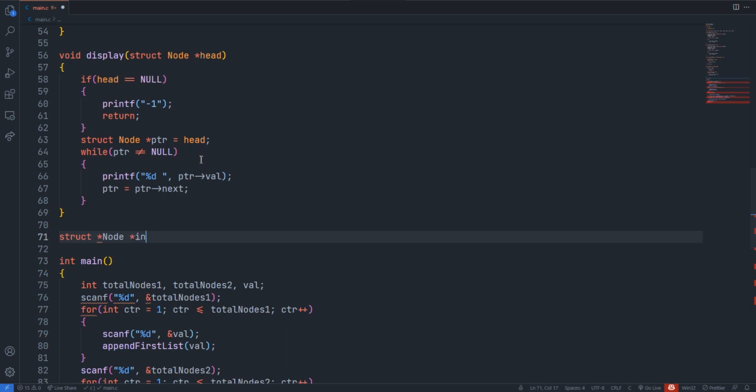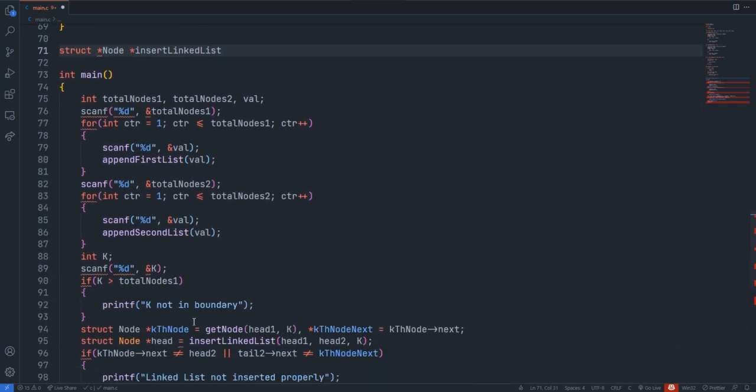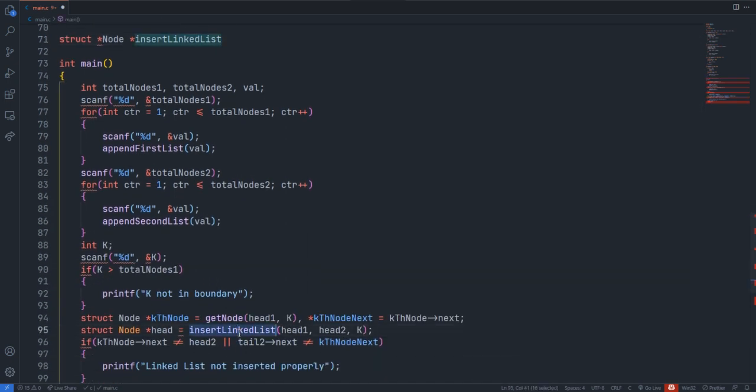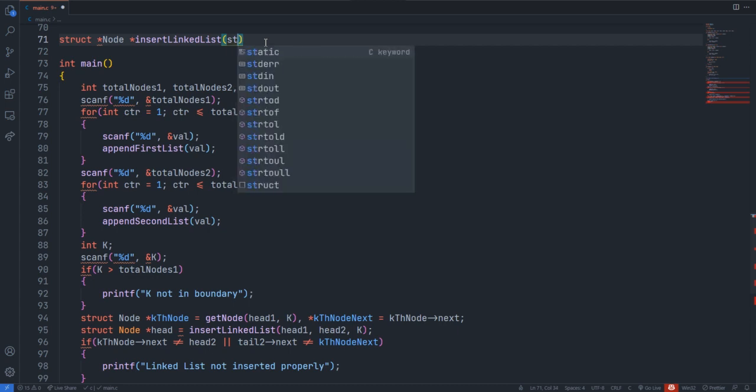Star insert linked list, which is nothing but the one they have given here. I'm bad at typing, so let me copy and paste those values to get rid of some errors.